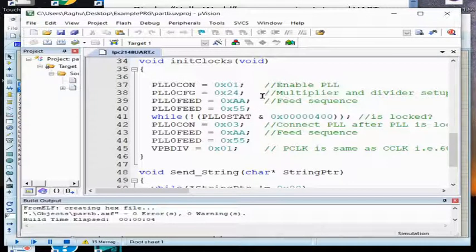So there is enable PLL, next multiplier and divider, PLL feed sequence, PLL feed sequence once again. So it is going to change the frequency to 60 megahertz. How it is changing, I'll show in the simulation. Okay. Next,